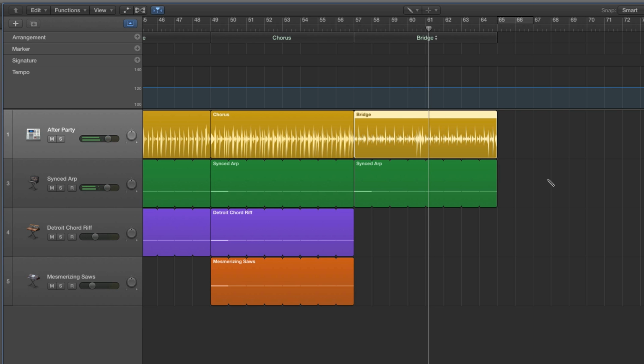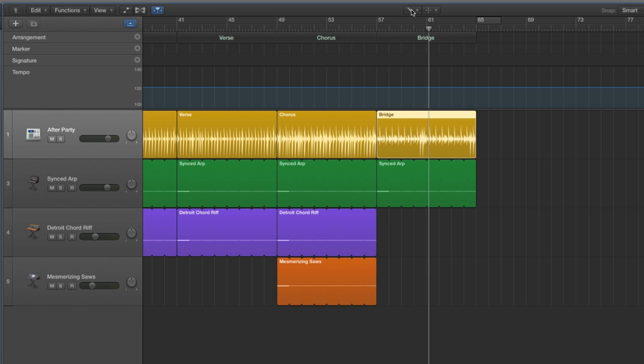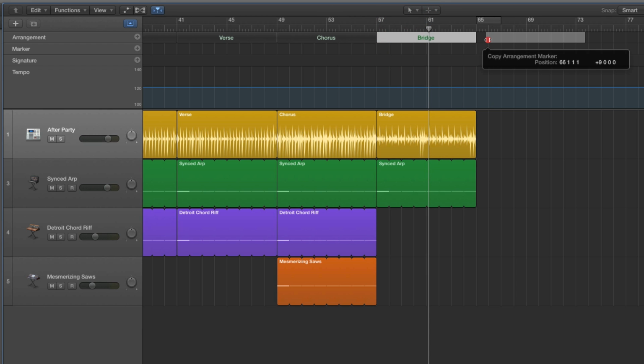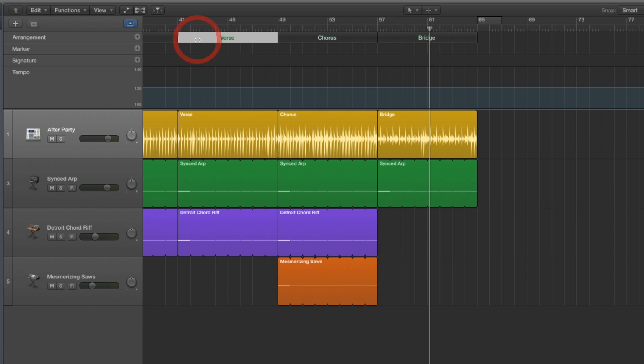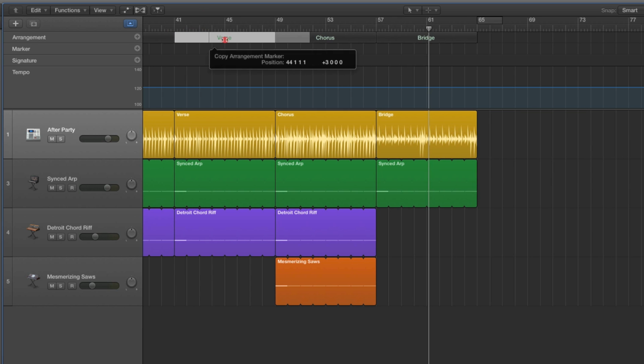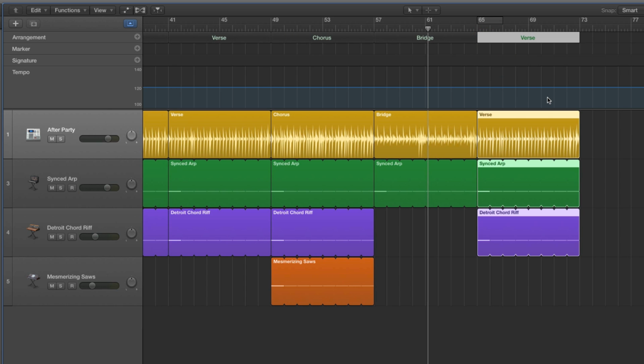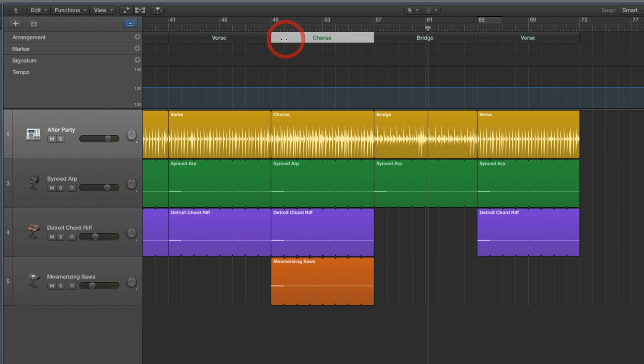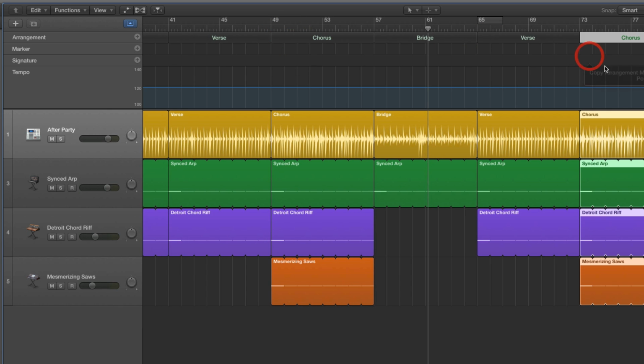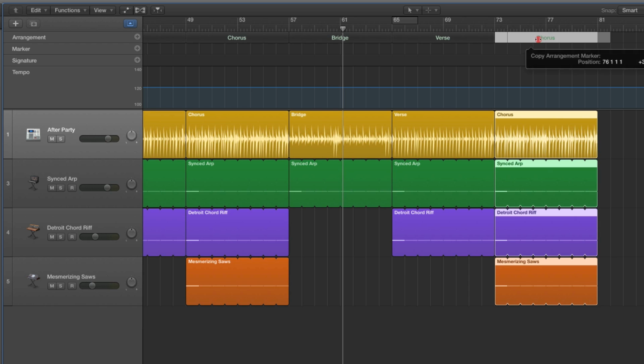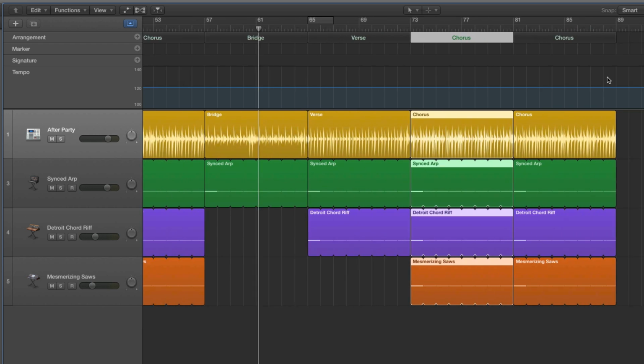Okay, like that. And then where am I going to go after that? Well, I could either have another 8 bars of bridge, Alt, copy this over like that, boom, I've got another 8 bars of bridge, let me undo that, or I'll go back to my verse. So I grab the verse bit here, Alt, copy that over, boom, I'm back into my verse, and then I'll go back to my chorus, boom, like that, and then I'll copy the chorus block over one more time, and